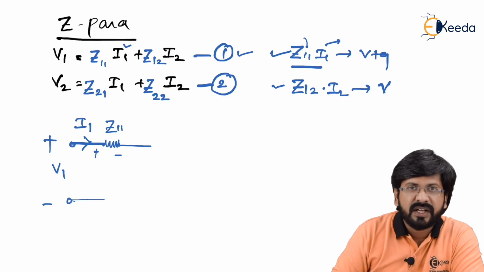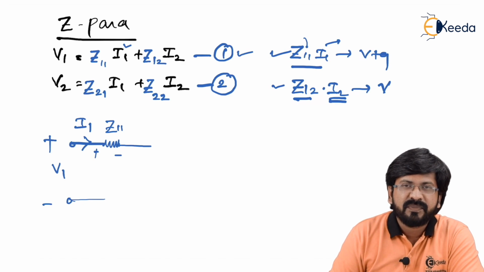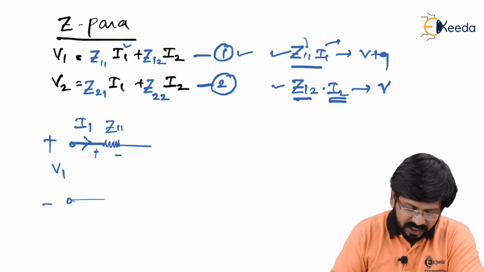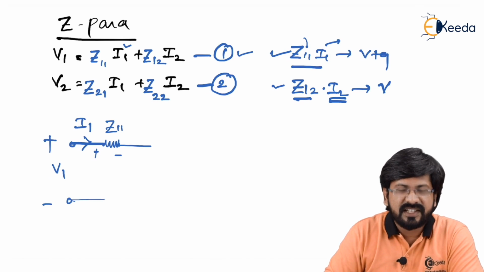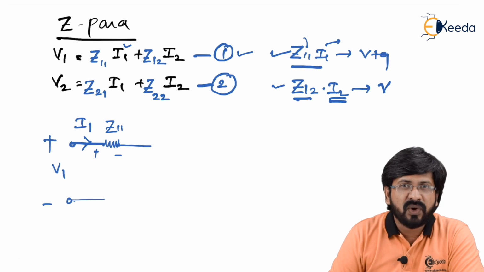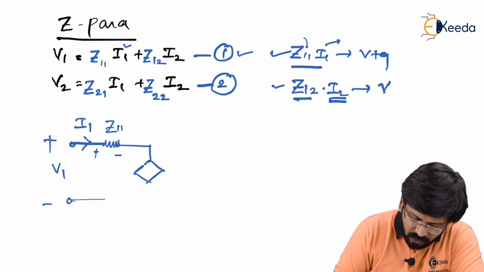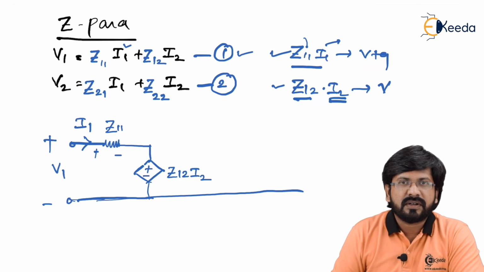The second thing is remaining. When I say I2 is a current, then Z12 is of course an impedance. But let me tell you, Z12 cannot be shown as a normal impedance, because Z12 times I2 is what we have. I'm sure you understood that we have started with port 1. In port 1, naturally we cannot show the I2 current. That is the reason Z12 I2 is definitely a voltage, but it cannot be shown as current into impedance. It has to be shown as a dependent voltage source, that is plus minus having magnitude Z12 times I2. This is how we deal with equation number 1.